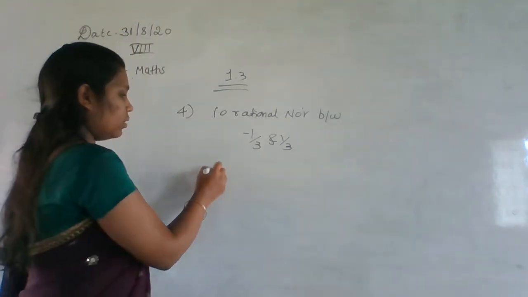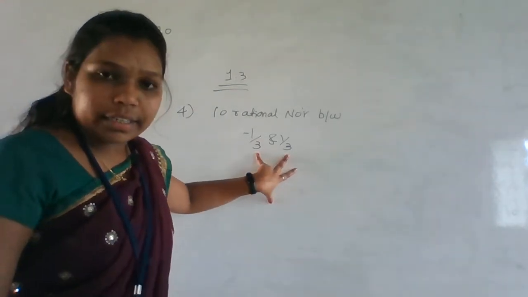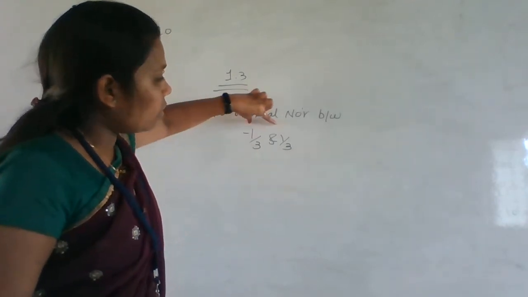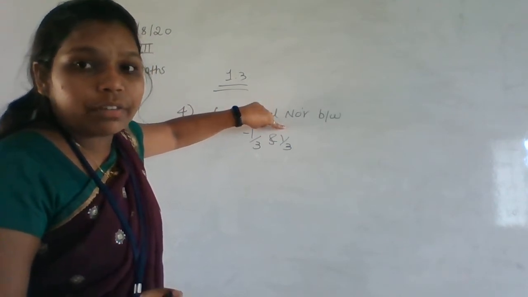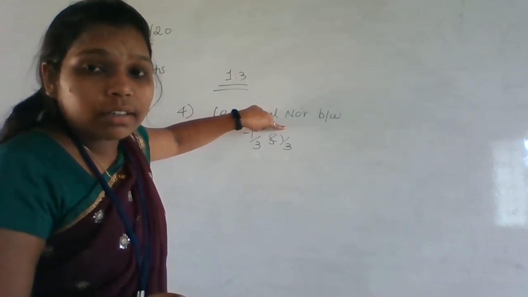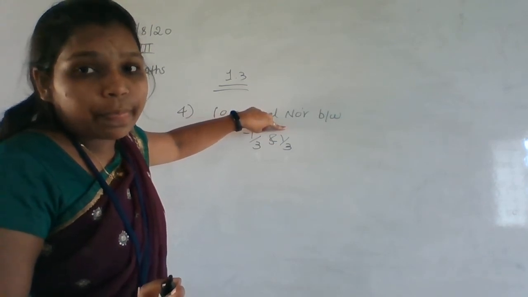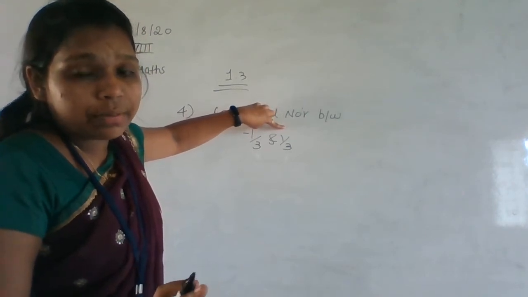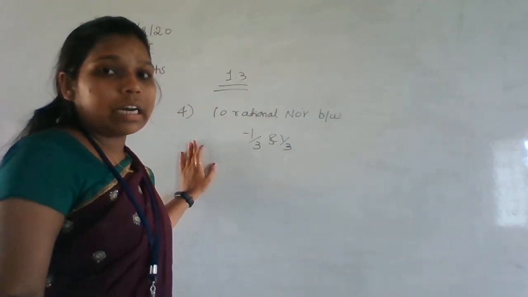See, here also first you have to check the denominator. In the denominator both values are the same, so nothing to worry. Okay, next we have to take the difference of the numerators. I hope everyone knows the meaning of difference. Difference is nothing but subtraction. It will come in second standard only. So you have to do the subtraction here. So 1 and minus 1, if you subtract those two, you will get 0 only.